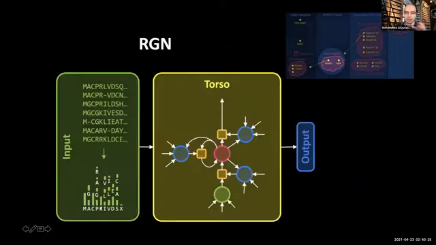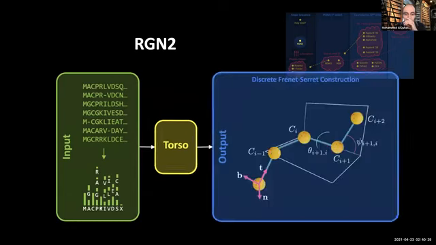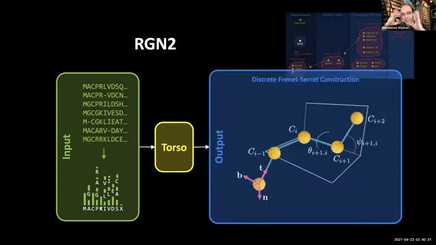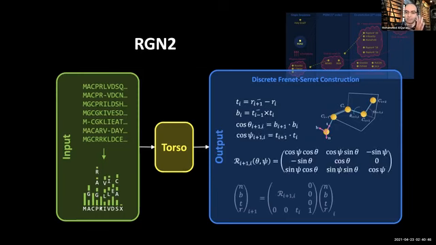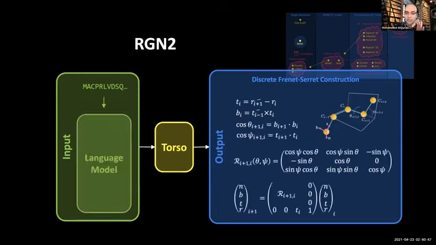All right, so now coming back to this picture, let me tell you what we've been doing since then. We've taken this idea of the torsion parameterization and evolved it a little bit using a construction called the Frenet-Serret construction, a fairly basic idea from differential geometry. I won't go into the detail, but let me just say the high-level point, which is that